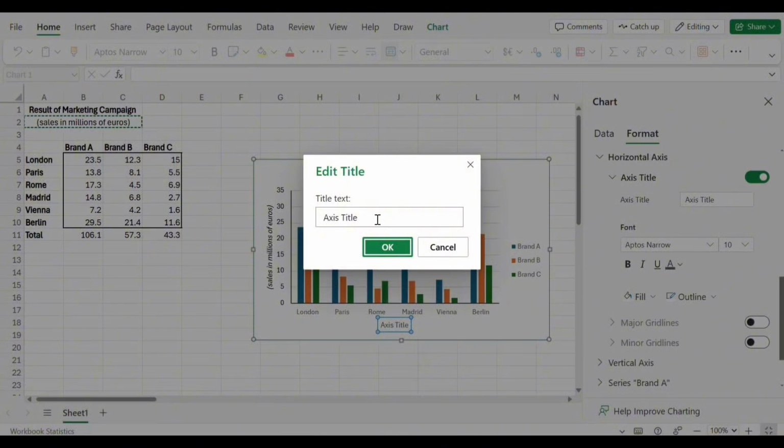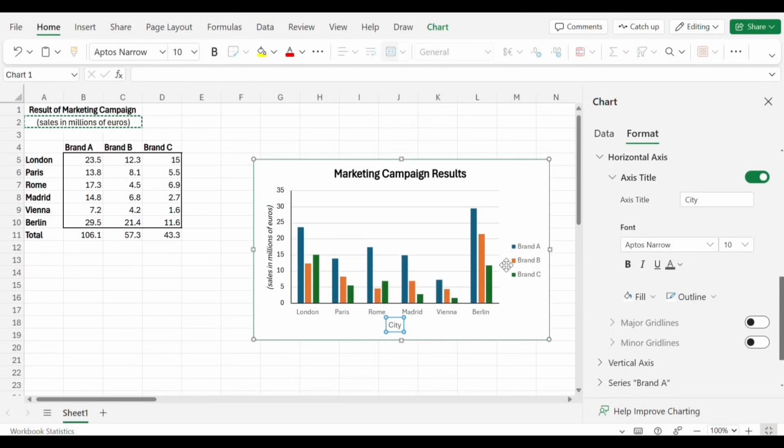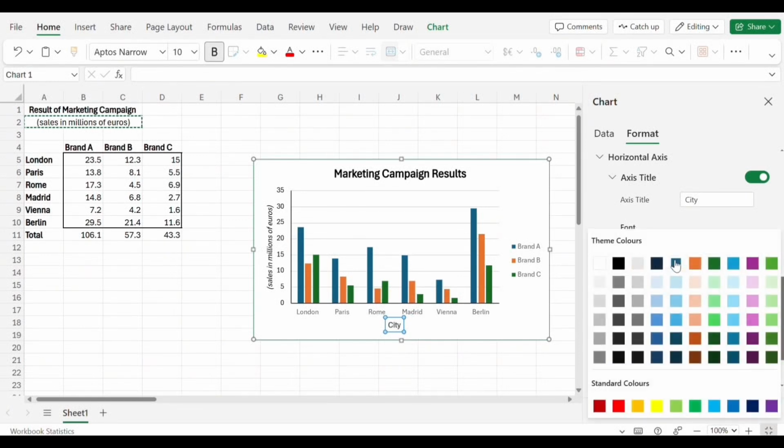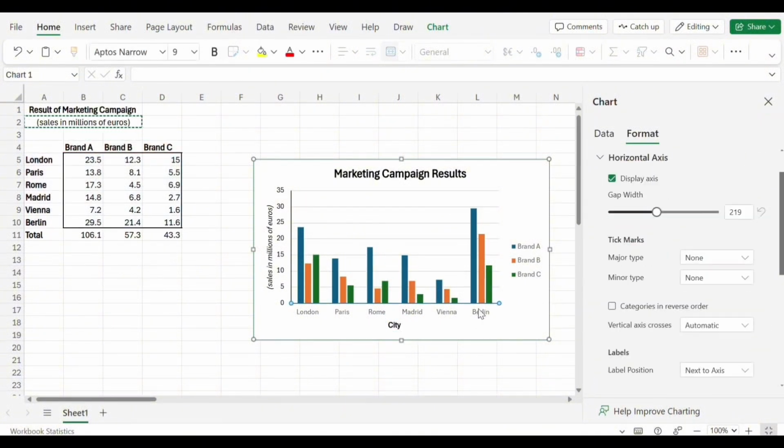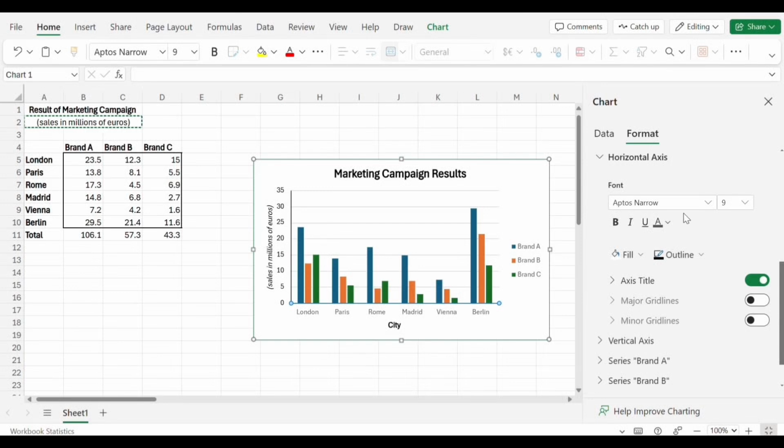So we have the horizontal axis, and we represent the cities. So bold it and do some formatting of it and add the black color. So nice. Now we are